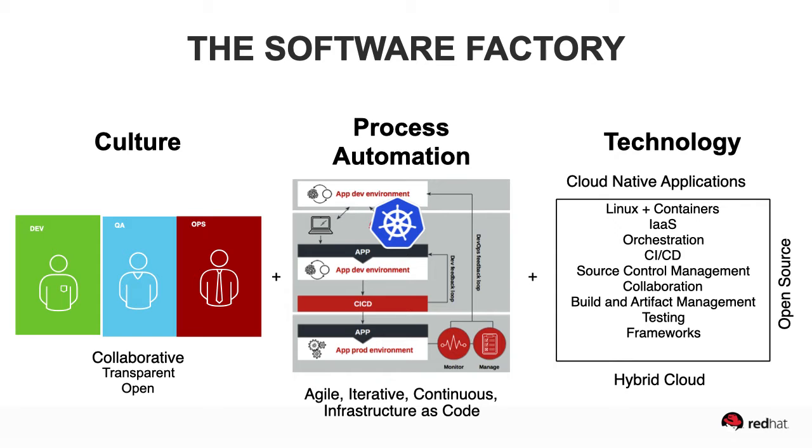And then secondly, they're highly automated, just like that automobile factory or the Intel fab, highly automated, able to deliver new capabilities quickly with high consistency, high quality. In the software world, that's enabled through a continuous integration, continuous delivery DevOps model,